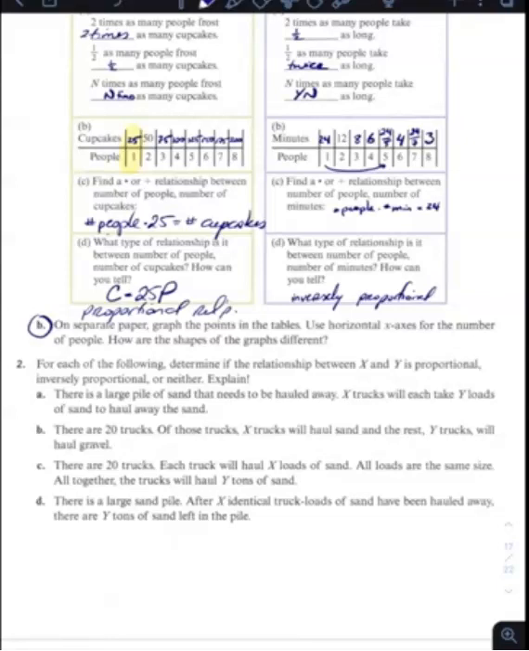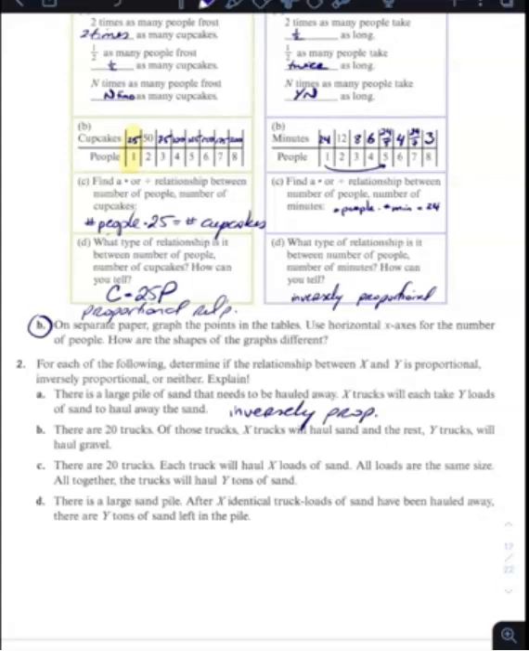Now let's take a look at number 2. For each of the following, determine if the relationship between x and y is proportional, inversely proportional, or neither. There's a large pile of sand that needs to be hauled away. X trucks will each take y loads of sand to haul away the sand. Okay, so if you double the number of trucks, will you double the number of loads that each truck will have to take? In fact, you're not going to double it, you're going to half it. So this is inversely